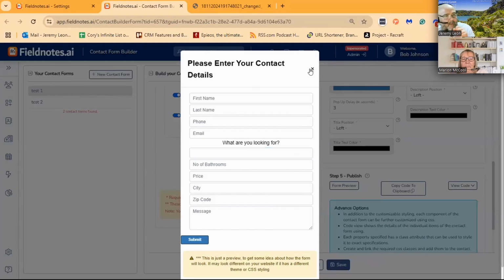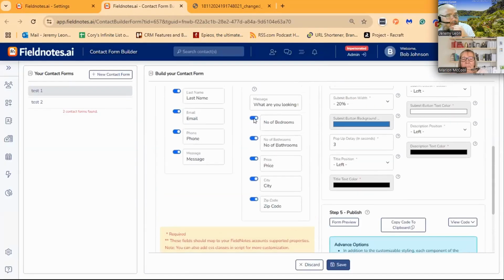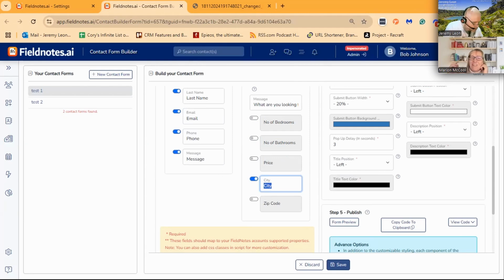So where we do is maybe we don't do this, and then this one, and then maybe not the zip code, because we really don't need that. And then with city, we can put what's like a survey question, but it would be really limited, because that button will say, when you pull up the form, it will say city. You gotta switch this up.